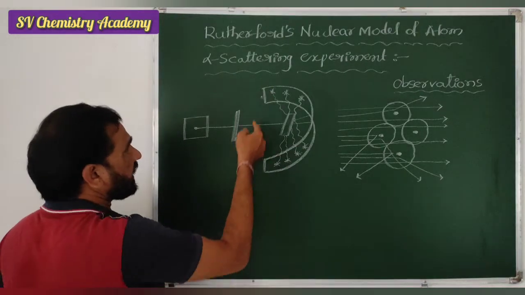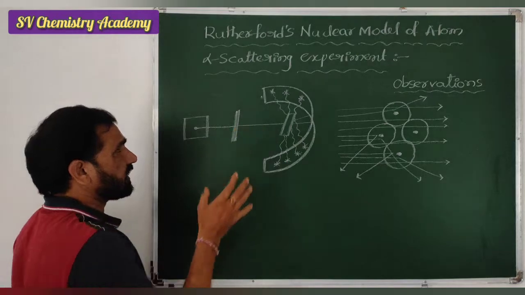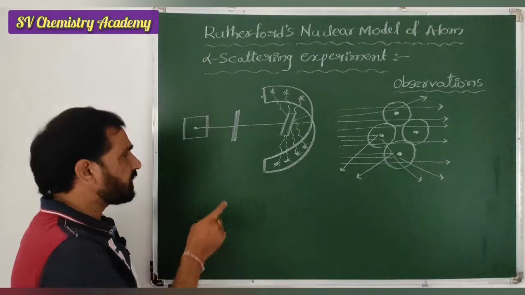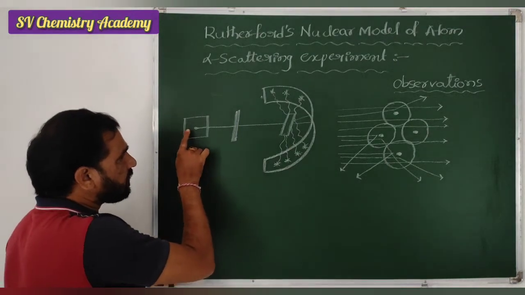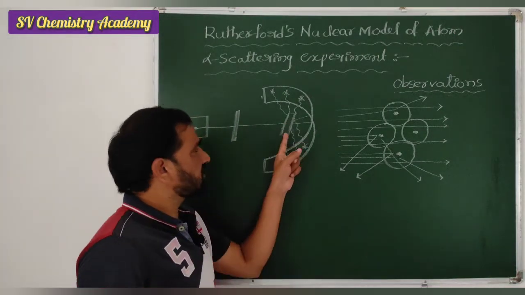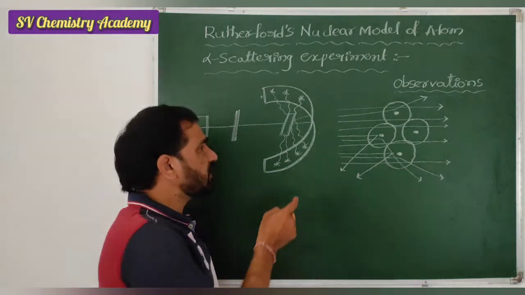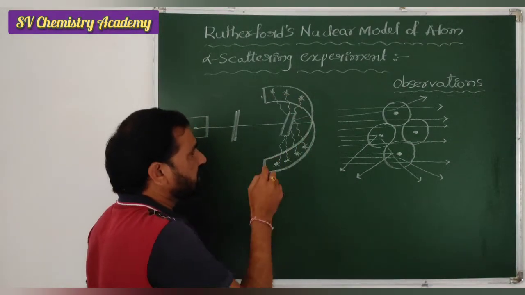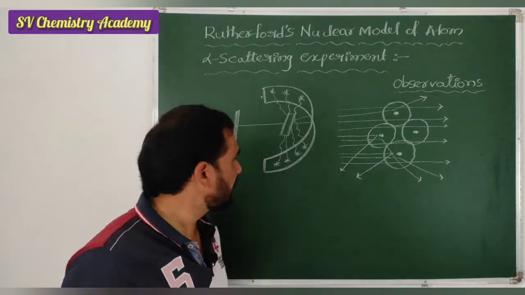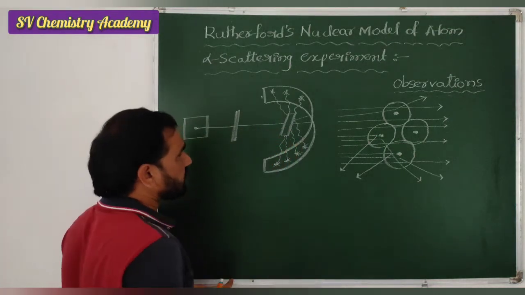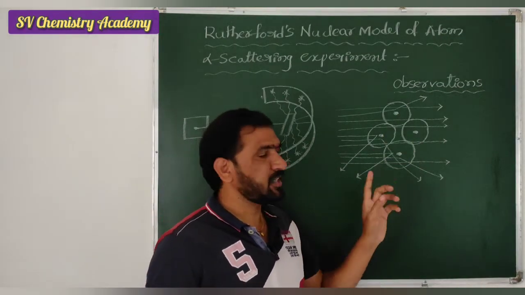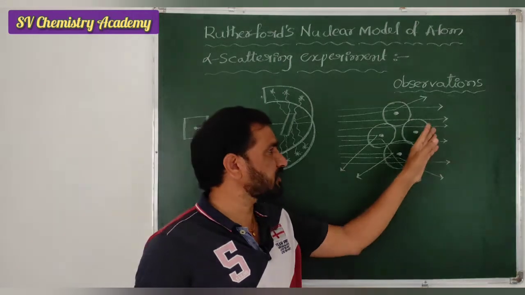This is the alpha scattering experiment. In this experiment, this is the source of light, and this is the nickel prism. From this source, the light passed through the nickel prism. After that, it touched this gold foil. This gold foil is surrounded by a fluorescent tube made of zinc sulfide. When the light passed through this gold foil, we can observe these points. Later we will discuss the observations.